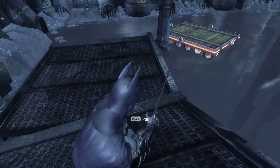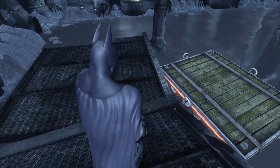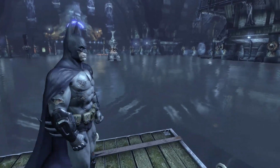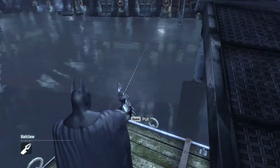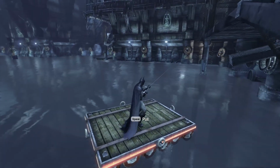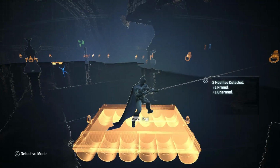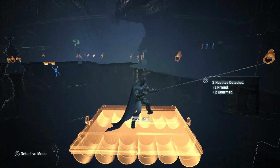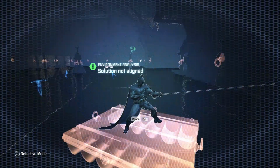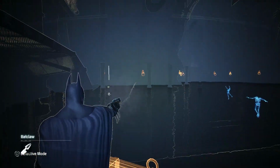Let's try and pull it a little bit closer to the side here. That will do. Should be able to get on there relatively safely. Okay, now I want to pull myself over in this direction now. I'm just going to switch to detective mode. And as you'll see, if I can get this raft in the right position, which is there, I can actually line them up. Right, it's saying not aligned because I had a little bit too much...